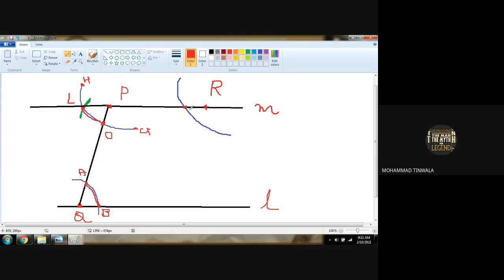Taking center point as S. Now this point and this point are to be measured. This point L and point O should be measured. And from this point S, we will draw a new arc over here like this. And we will give the point name right here as T. Now what we will do, we will join this line.